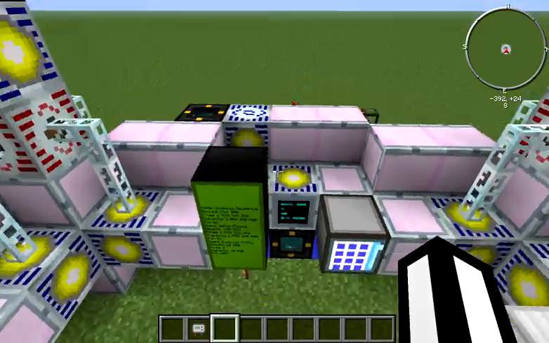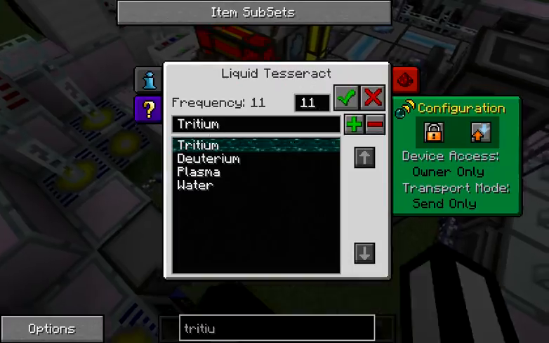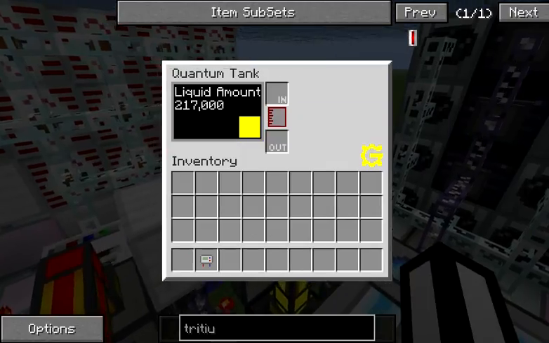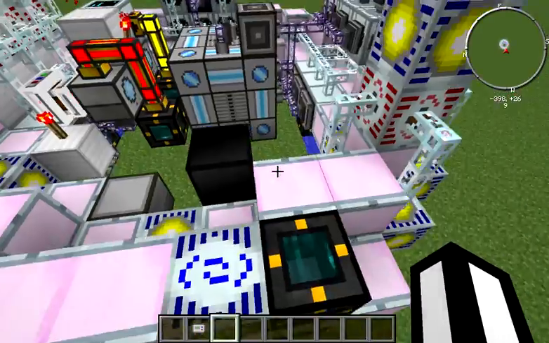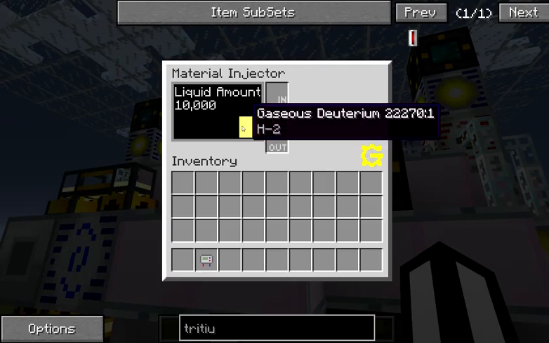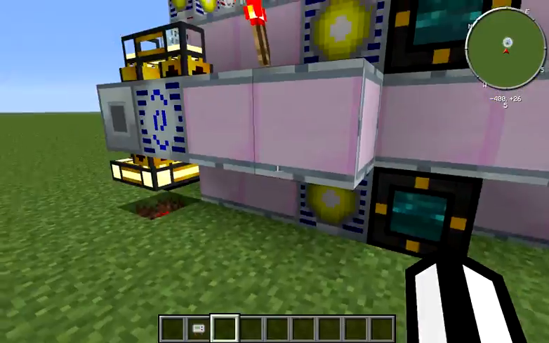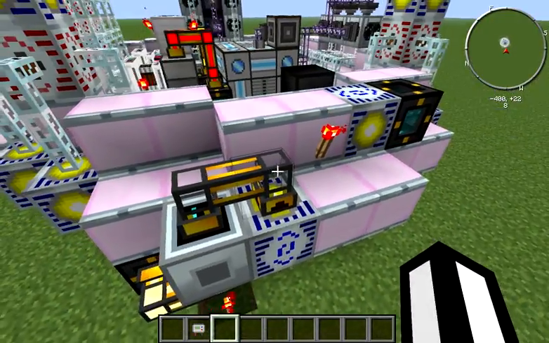Just take a quick peek over here. You can see that we're pumping this out into a liquid tesseract set to tritium. This is going to a quantum tank and then into a tesseract for deuterium. We're just picking that up on the other side here. So our deuterium is being pumped in, and our tritium is being pumped in, and then we're just extracting. We've got a redstone torch powering this